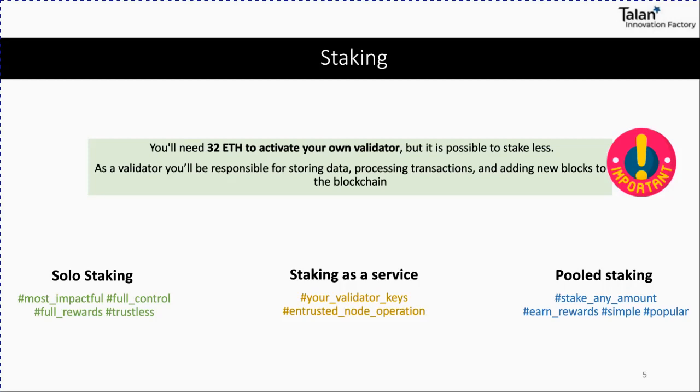As you can see, each option has its advantages and disadvantages. Here, you don't have to share any Ether or rewards with others, but you also assume all the responsibility. And here, you really trust the pool that you join in order to get the rewards. So if there are no questions regarding this part, we are going to go to the next one.